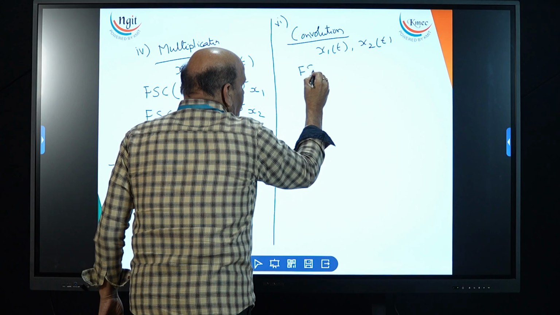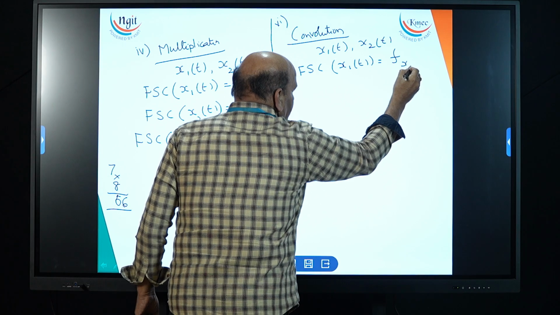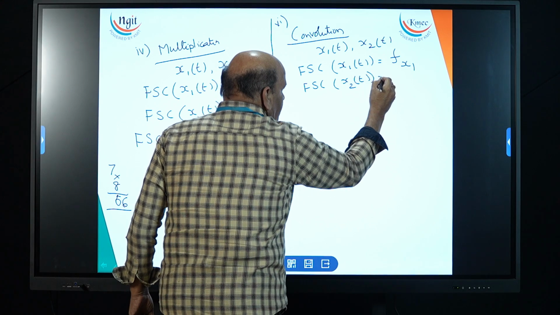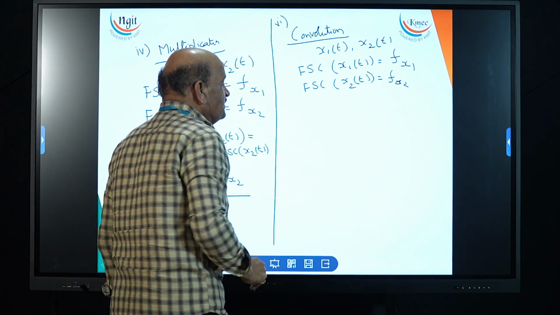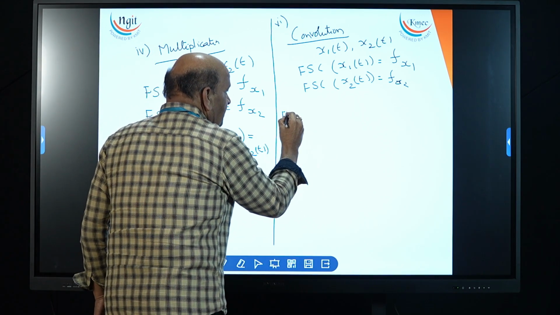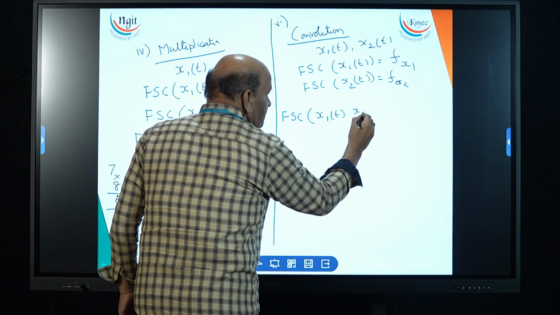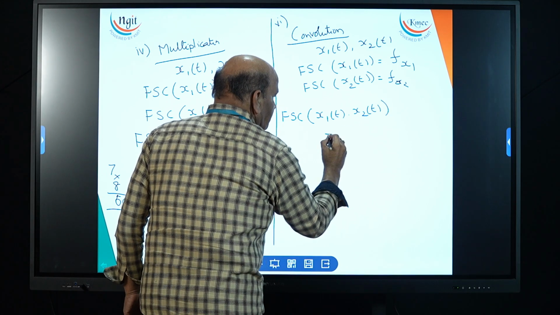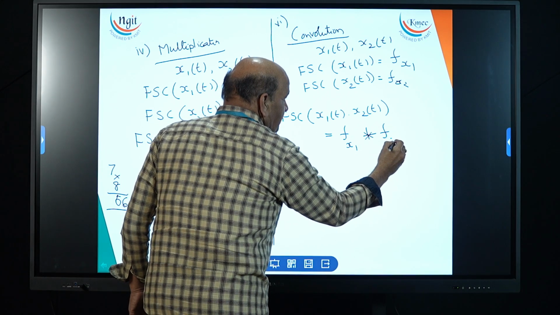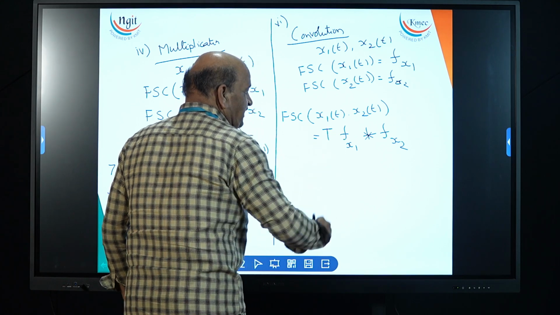Now, the Fourier series coefficient of x1 of t is equal to f of x1. The Fourier series coefficient of another signal, x2 of t, is equal to f of x2. Now, the Fourier series coefficient of x1 of t into x2 of t is equal to f of x1